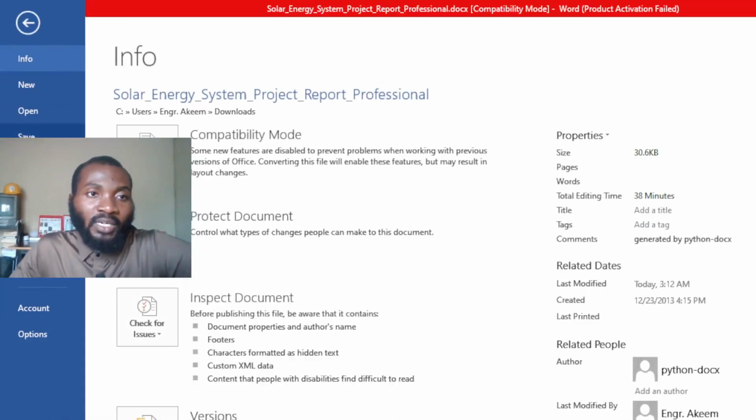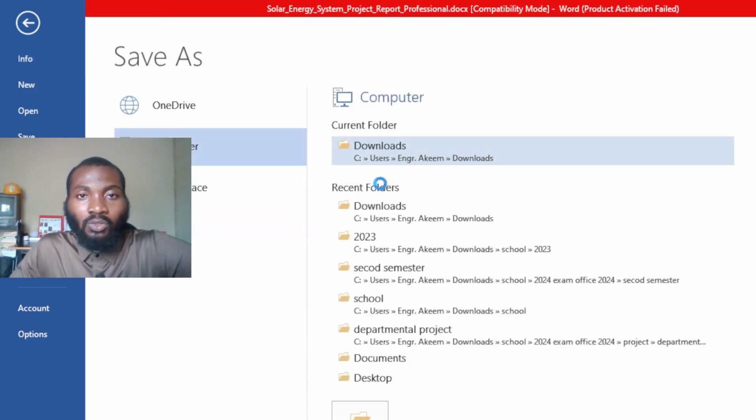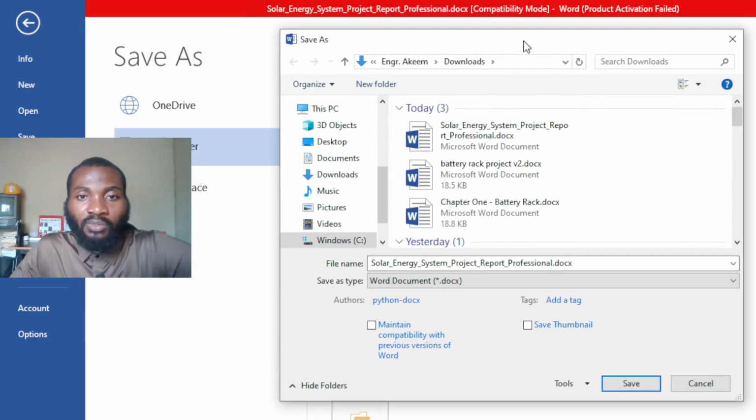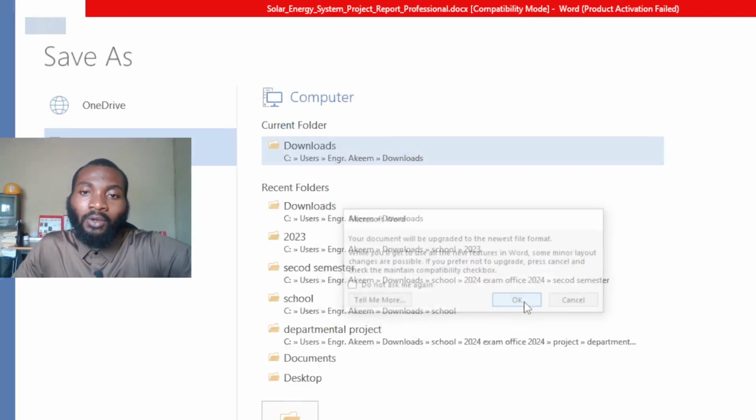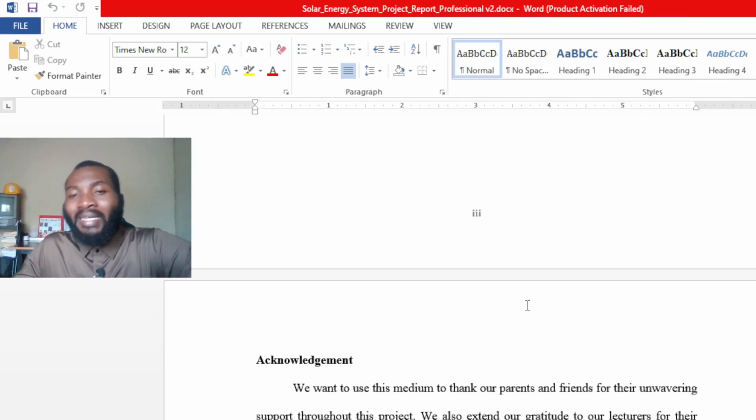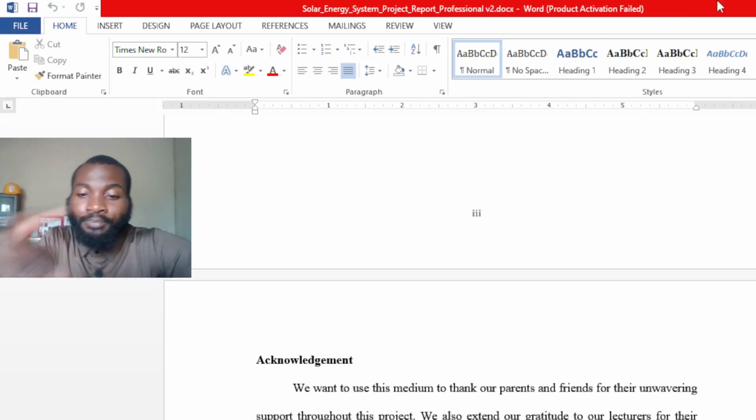To do that, you come to File, Save As, go to Downloads, which is where I'm saving it, and you've saved it as Solar Energy Professional. Let me just come after it and write V2, version 2. So once you add to this version 2, I'll give you this to download and use. Once you add to it, you change it to V3, like that, like that, like that. Have the final version which you print and submit. I do hope that